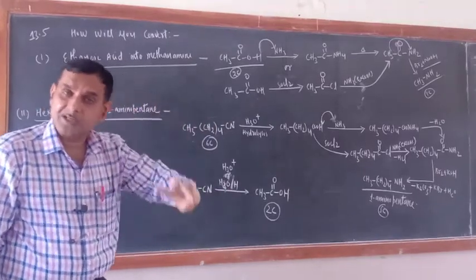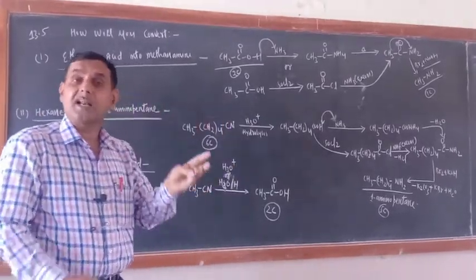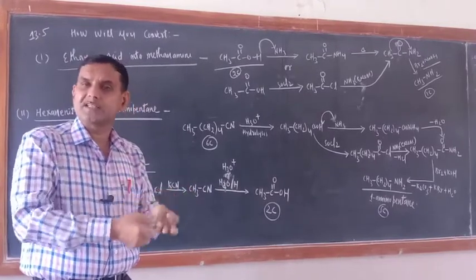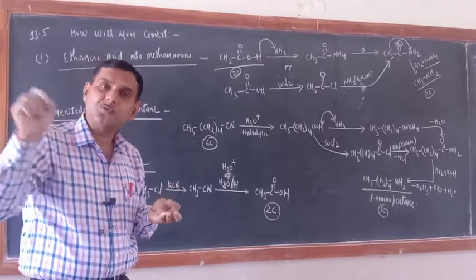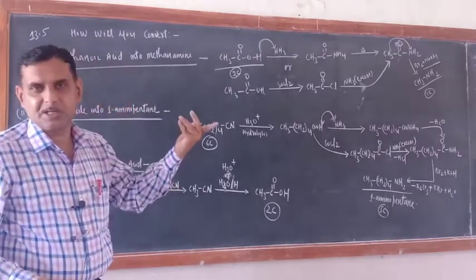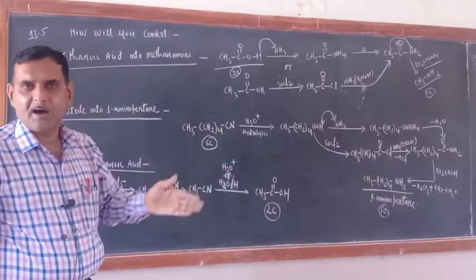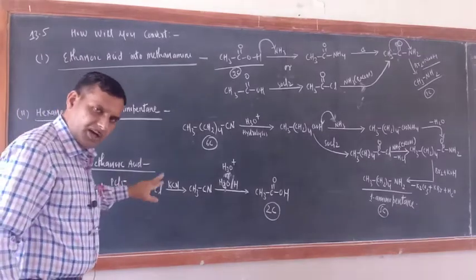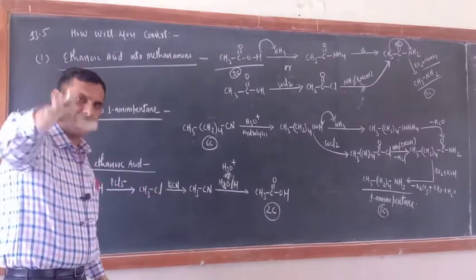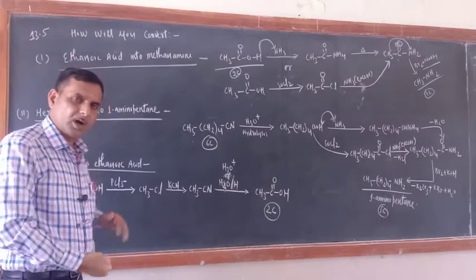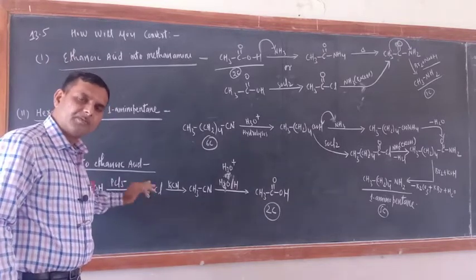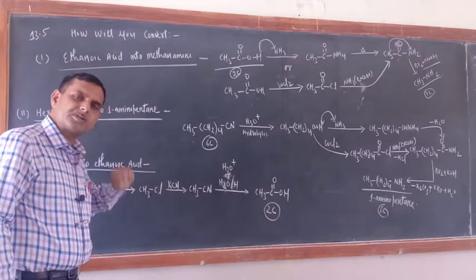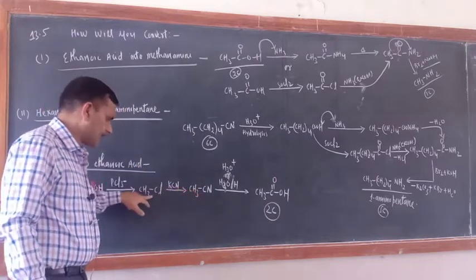So once again I am telling you, cyanide with partial hydrolysis gives amide, with complete hydrolysis carboxylic acid, and with reduction NH2 group, amine, okay, with reduction by lithium aluminum hydride, or Na/C2H5OH. So just see here. Now for the reaction, KCN can only react with alkyl halide, okay. So alcohol can be converted into alkyl halide. How? Alcohol should be treated with PCl5, or with SOCl2, then you will get CH3Cl.